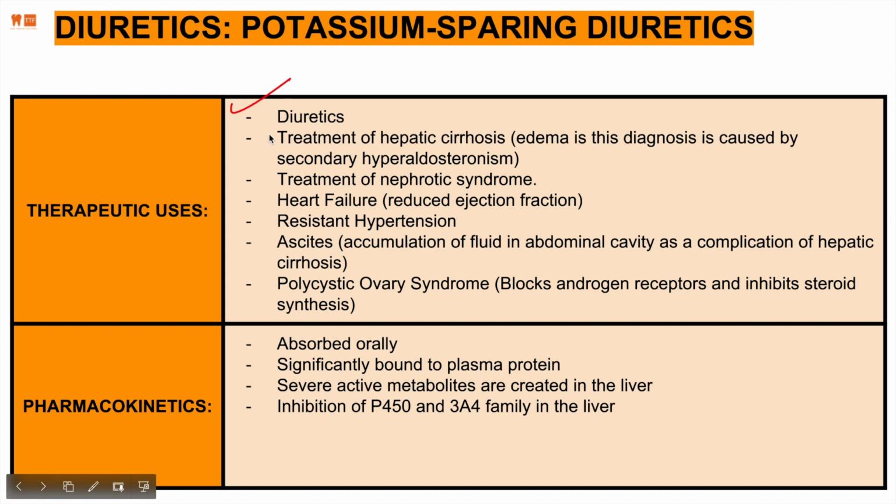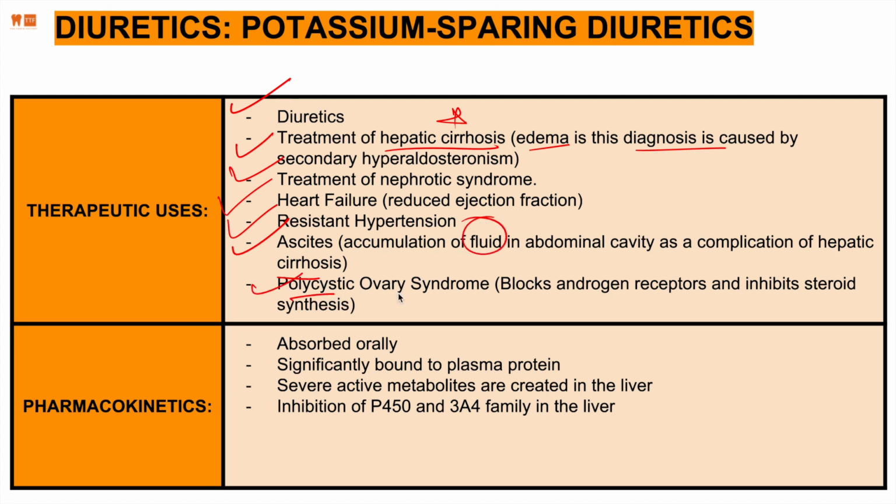Therapeutic uses as diuretics. Treatment of hepatic cirrhosis, we can use spironolactone. Edema is usually the diagnosis caused by secondary hyperaldosteronism. Treatment of nephrotic syndrome, heart failure, resistant hypertension where nothing else works, ultimately potassium sparing needs to work. Ascites. It's the accumulation of fluid in the abdominal cavity as a complication of hepatic cirrhosis. So again, fluid retention, right? That's why. Polycystic ovary syndrome: it blocks androgen receptors and inhibits steroid synthesis, and it can be used in that treatment